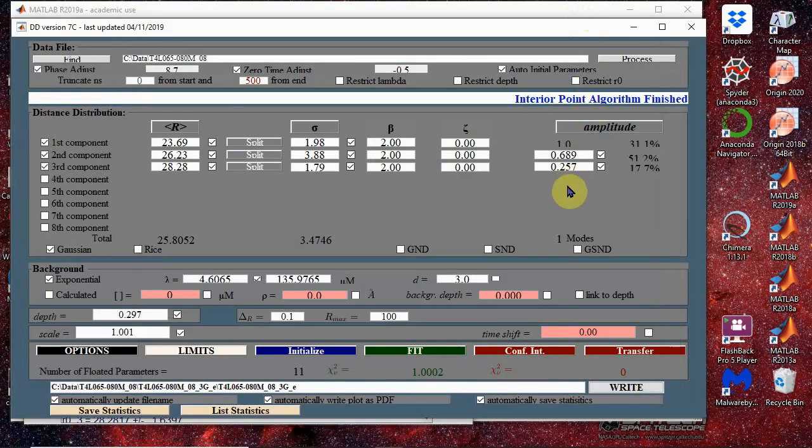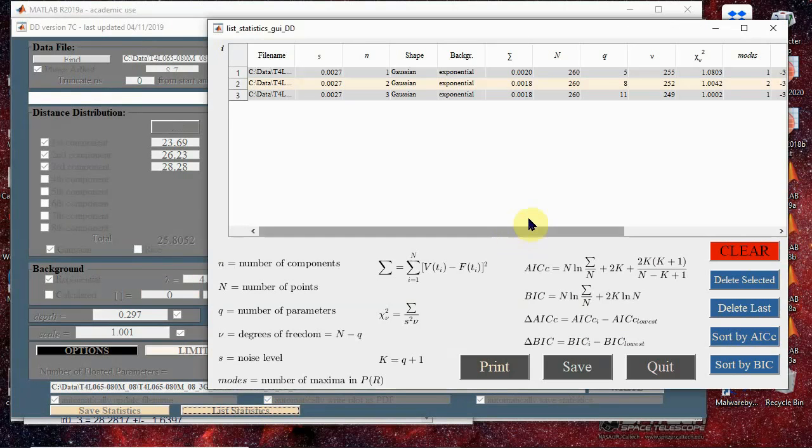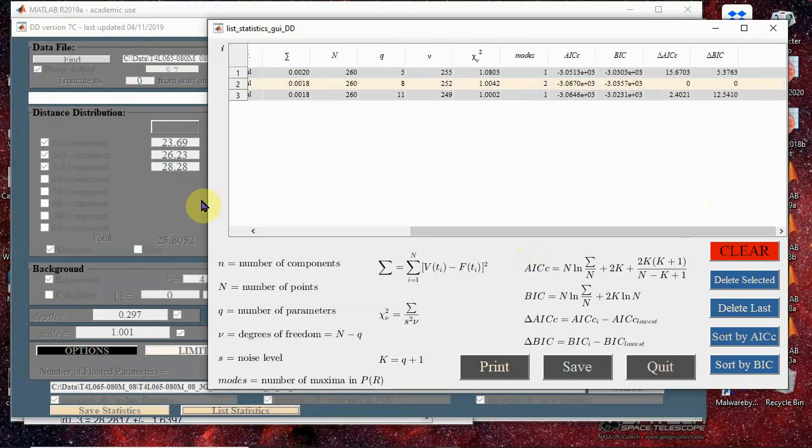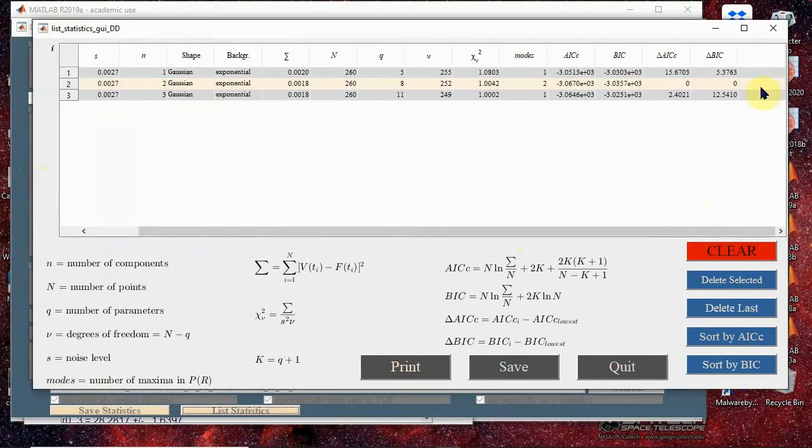And we can see that, and in particular, I can write this to the disk if I want to. I can save the file that has all that fit information in it. But instead what I'm going to do here is just look at the statistics, and you'll see that, in fact, for this 3 Gaussian fit, the delta BIC is positive, so it actually has a higher BIC value than the 2 Gaussian fit. The 2 Gaussian fit is preferred, and that's true even though the reduced chi-squared for the 3